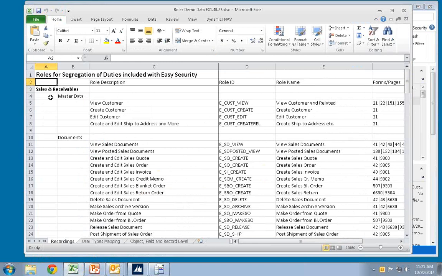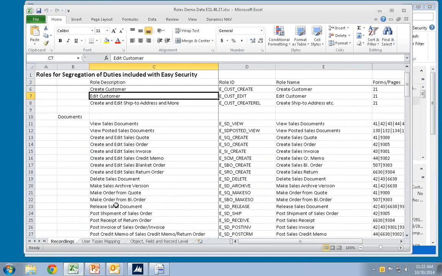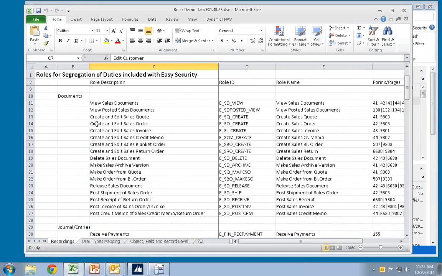Basically, for sales receivable, we can go in and define one little task in here, like the one I just did with edit customer. First of all, when you look at one task, it's very easy to see that the user in that task can do what they're supposed to do, and it's very easy to correct also if they can't do what they're supposed to do. And in that way, you really would end up with one task for each part of Navision in here. And it will look like how many would I really need? Would it be 200, 500, and so on?